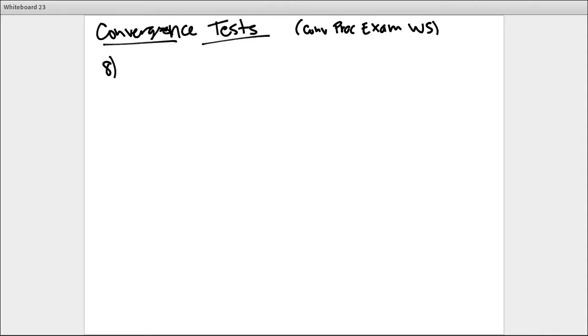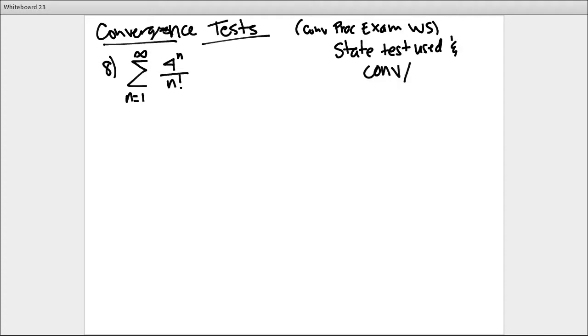Okay, so let's do number 8 on that worksheet. And we want to say, does 4 to the nth power over n factorial converge or diverge? Yeah. And so you're going to have to state the test you use, right? State the test, and then say converge or diverge. Okay, so you've got an n factorial there, which is perfect for the ratio test. So I'm going to use the ratio test,